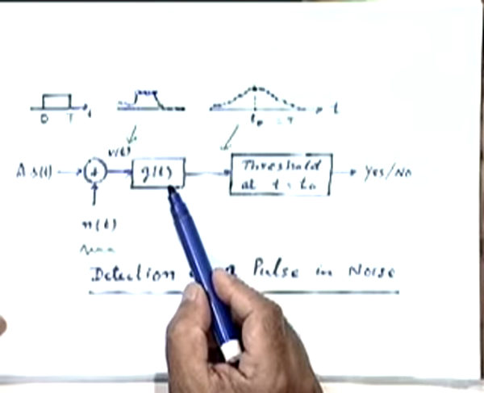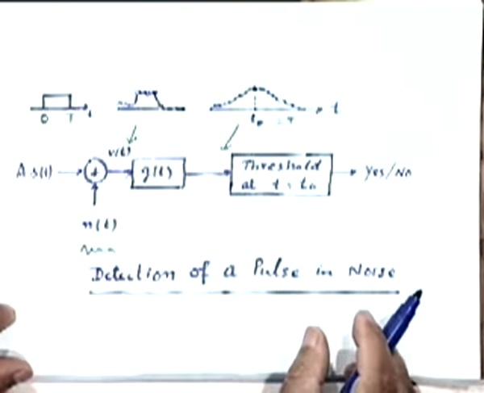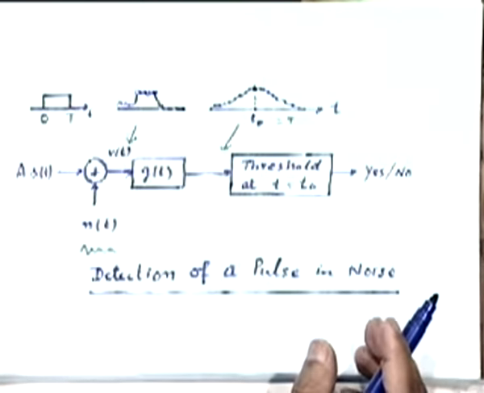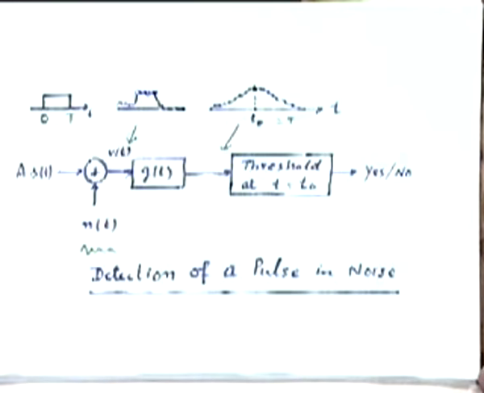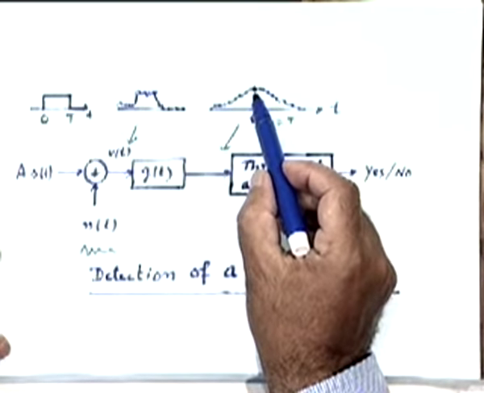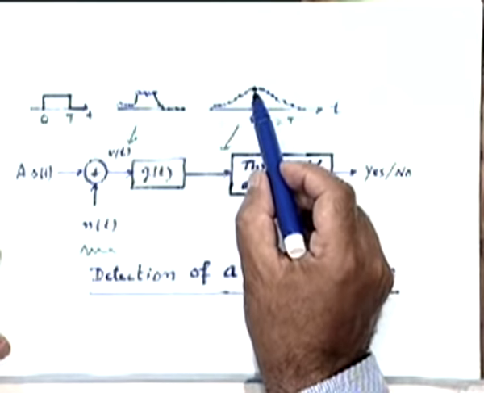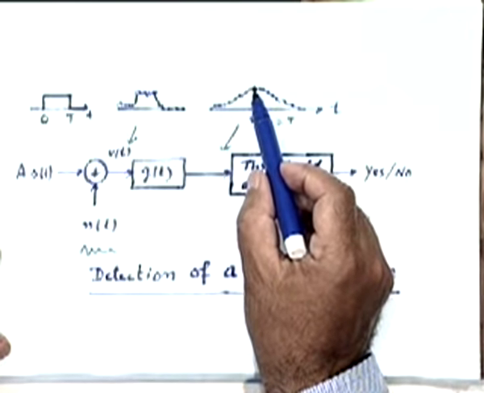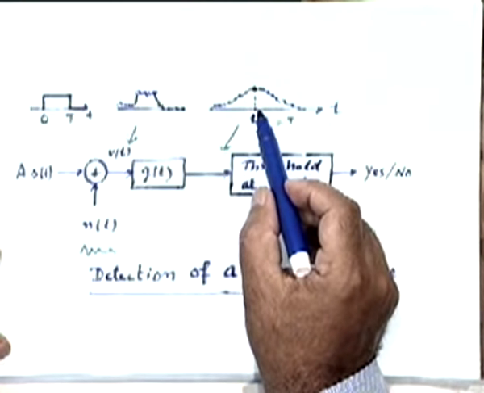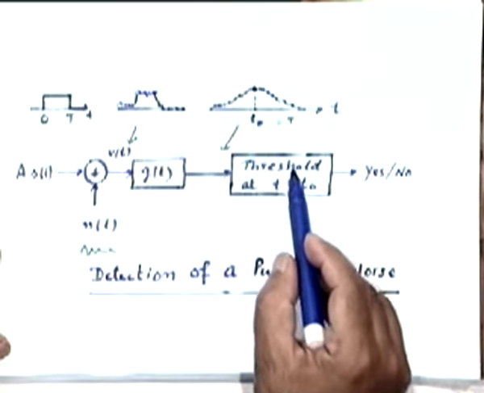And to cut the story short of our last time's discussion, the way this will be done is to pass this noisy signal that you have through an appropriate filter such that it will pass as much of the signal as possible and reject as much of the noise as possible. And since ultimately we are only interested in each symbol interval, the detection of that symbol, whether it is this value or that value, we need to sample this output at a specific time instant, and it is at that time instant that we would like the signal to noise ratio to be the largest, right, at the sampling instant.